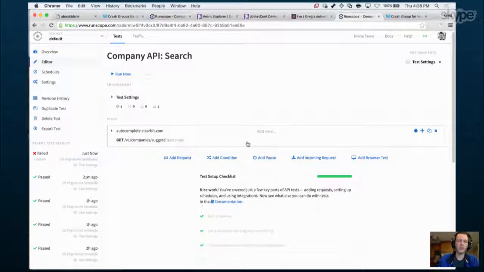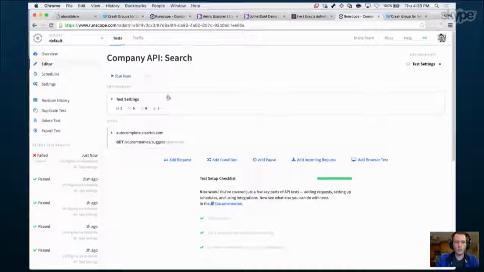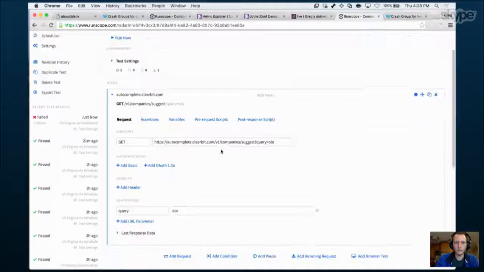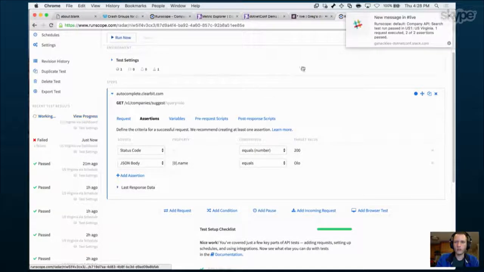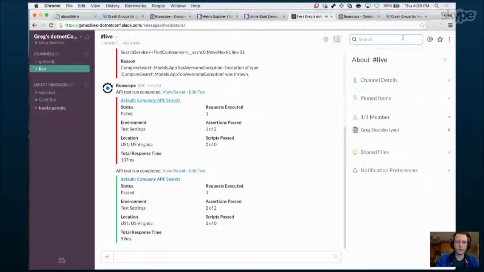And it can just happen on its own in the background and push out to you when something goes wrong. So let's go ahead and update. We'll make this step pass again. So we'll save this and run it. So that's running. Got another alert here saying that this one ran. It completed. It's successful. And everyone in that chat room now knows that things are looking a lot better